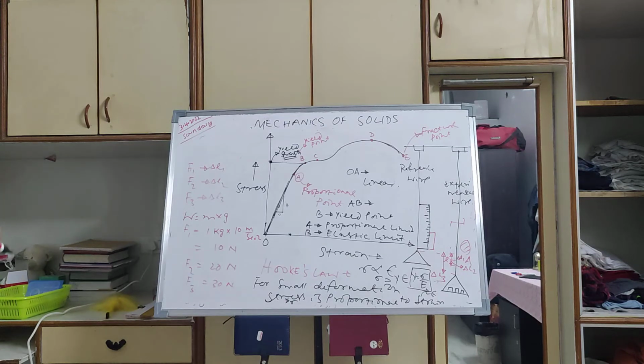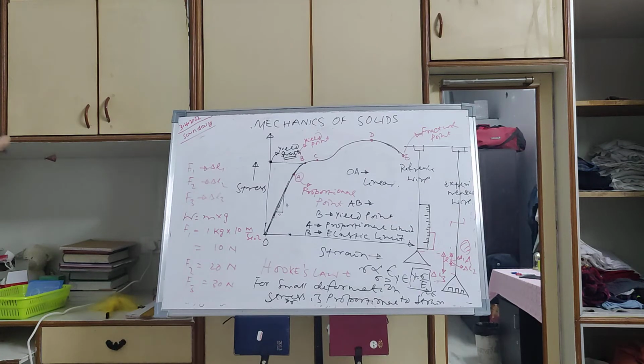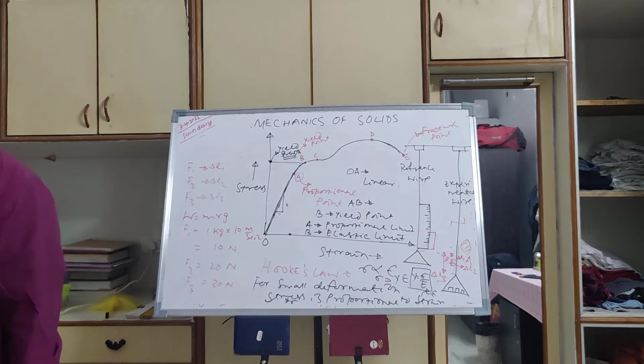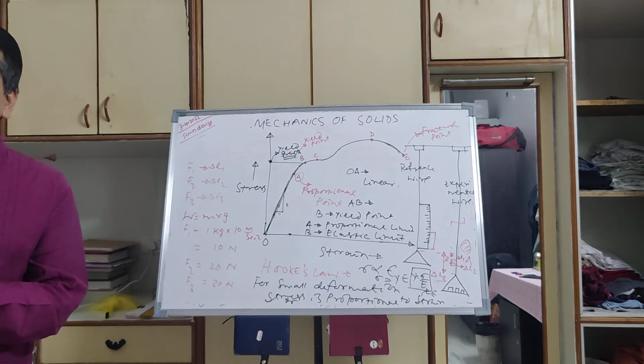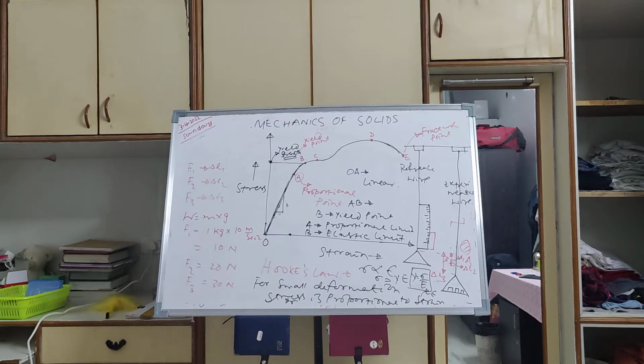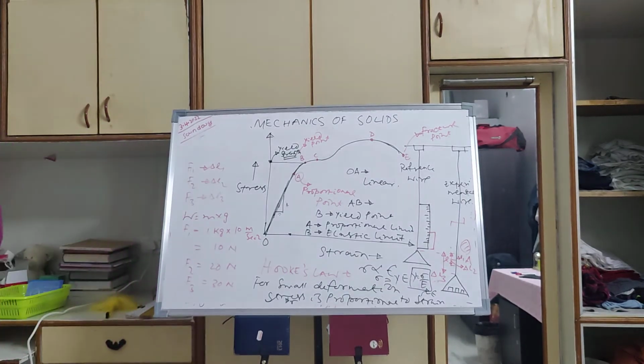It should work within the elastic limit, or the load should not go beyond the yield strength. The load applied should not cause a stress which is more than the yield strength. So there are two terms here. One is called stress, one is called strength. Strength is the property of the material. Remember, strength is the property of the material. Stress is caused by the external load. So stress should not be more than the yield strength for any structural design.